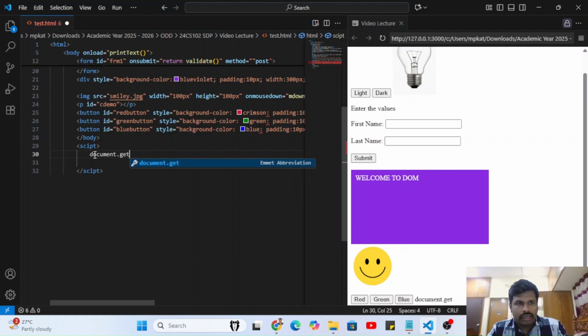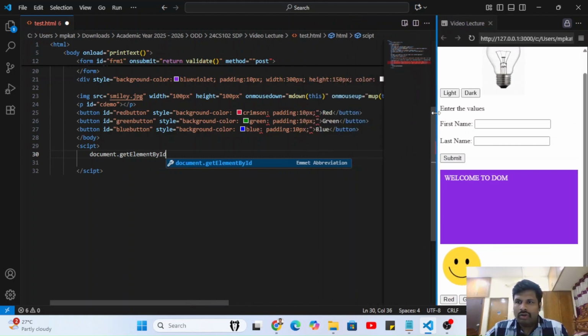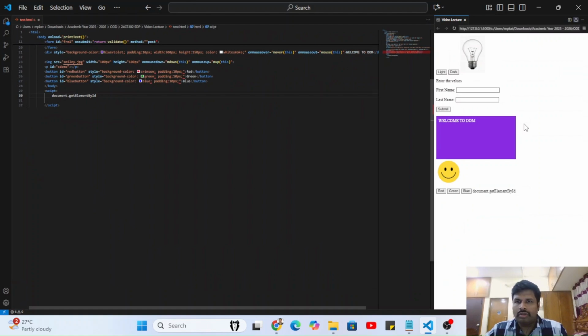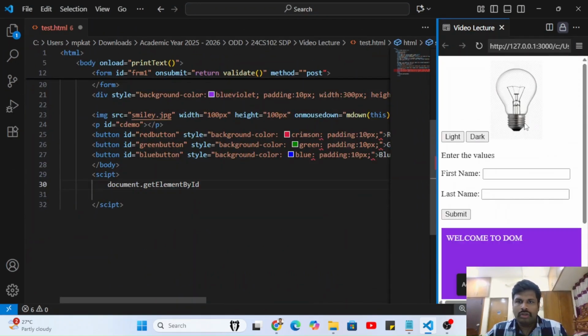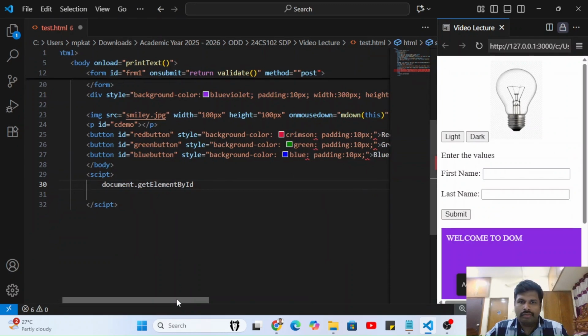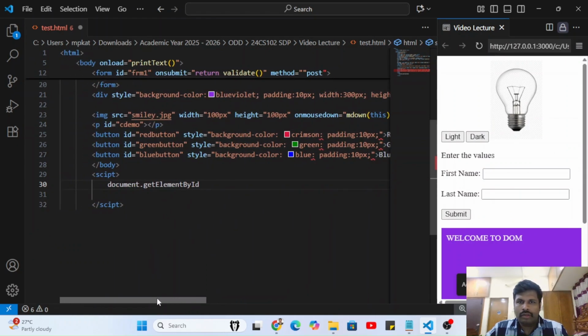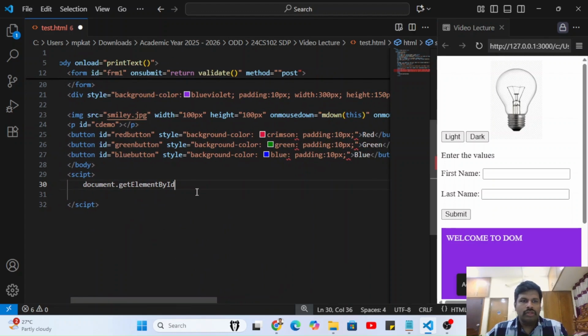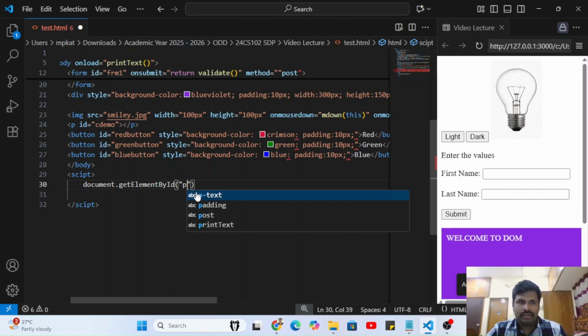So initially, starting the document: document dot get element by ID. Okay, so for your visibility purpose, document dot get element. Make sure the capital E, capital B and capital I are there in getElementById. So first we are starting with the command p text. Okay, the first line we have started, right? So we have started with p text